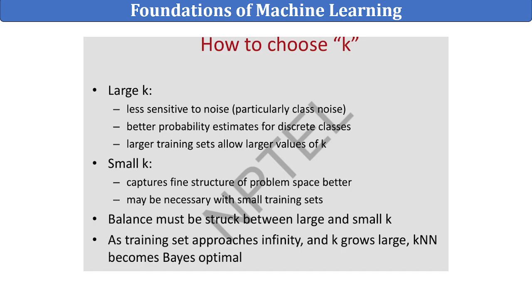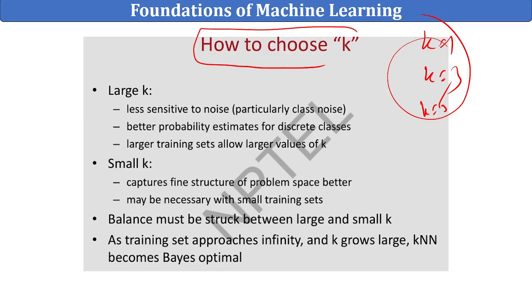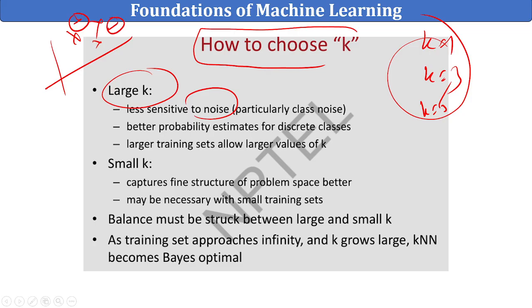So how to choose the k? I said we can take k equal to 1, 3, or 5, but what will be the optimal number? If we have a large k, we are less sensitive to noise. If we don't have much noise, we can take a large value of k and make the decision. If we have an actual data set that seems to be noisy, in that case we should not go for a higher number of k. We have to go for a